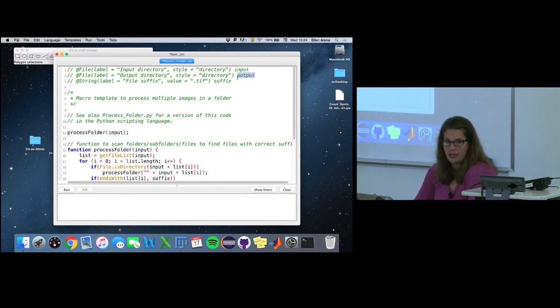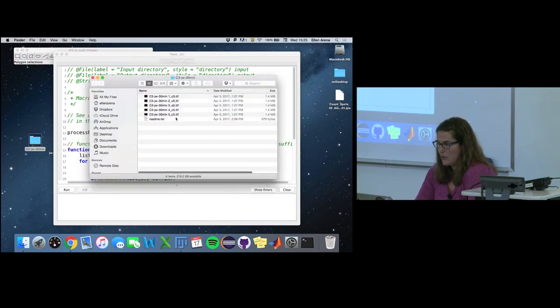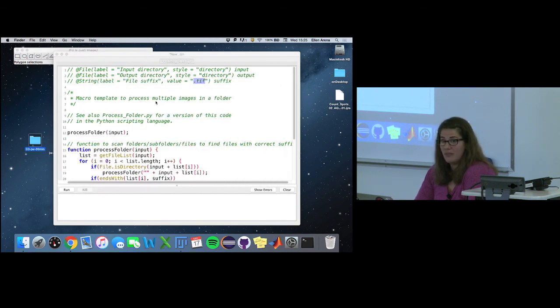So what types of files are you interested in looking at? In this case, we're just using a string, because it's just looking for those letters that are at the end of your file. And we're looking for TIFF files in our case. All these example images are .tiffs. So you can change that depending on your file type as well. Again, the script parameters have to come at the very, very top. And then we have another comment